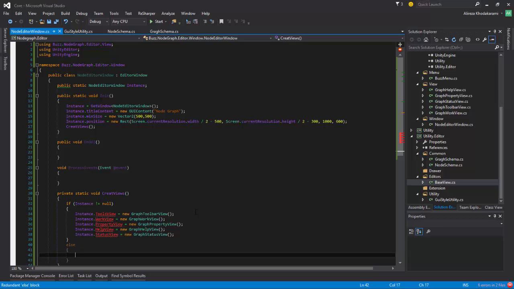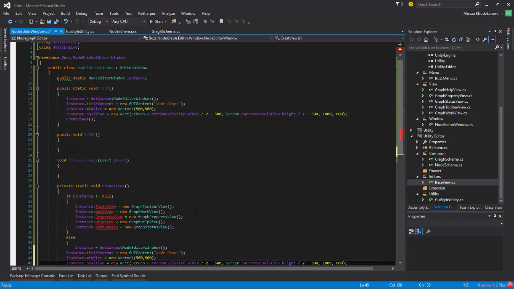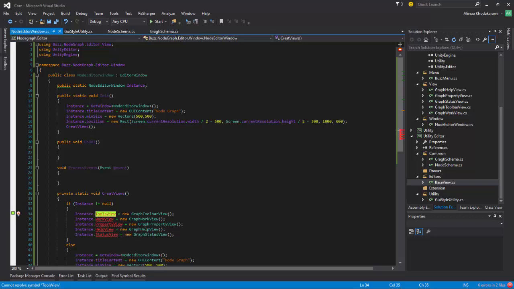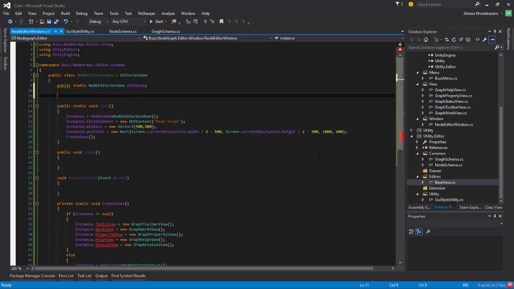Else, we say instance, and we basically get this part. We don't create the view, we just create the window, because we don't have the window. We just want to make the window again. Okay? And that's it. Now we need to make these guys. So we say tool, no, sorry. And should I make them public? Yeah, public